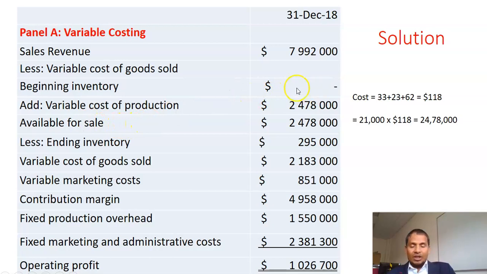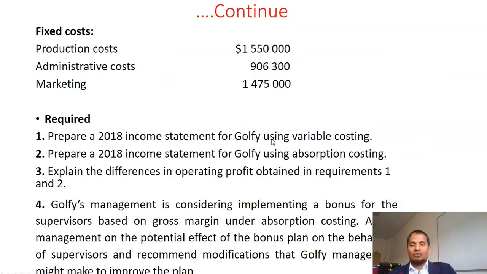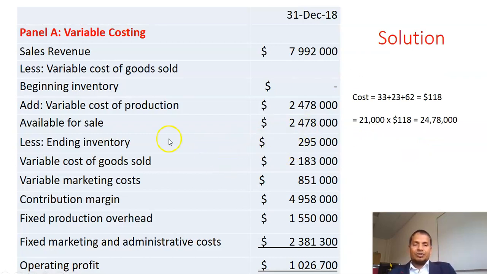and there was no beginning inventory given in the question. So ending inventory: they produced 21,000 and sold 18,500, so the remaining 2,500 is ending inventory or closing stock. Okay, so the closing stock is 295,000. That is 2,500 times 118. And then if you deduct ending inventory from goods available for sale, you will get variable cost of goods sold. And variable marketing cost